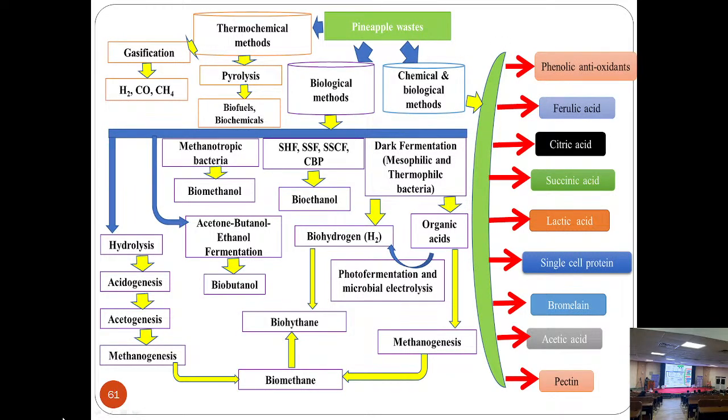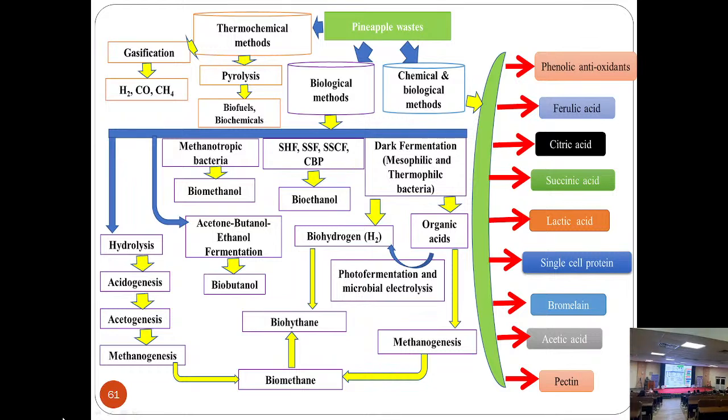I have already told you about some of the biotechnological tools and some of the cultures, and how this culture and these biotechnological steps are used for the production of all sorts of compounds from this pineapple waste biomass, such as biohydrogen and biomethane. All these steps have been standardized in my lab also.